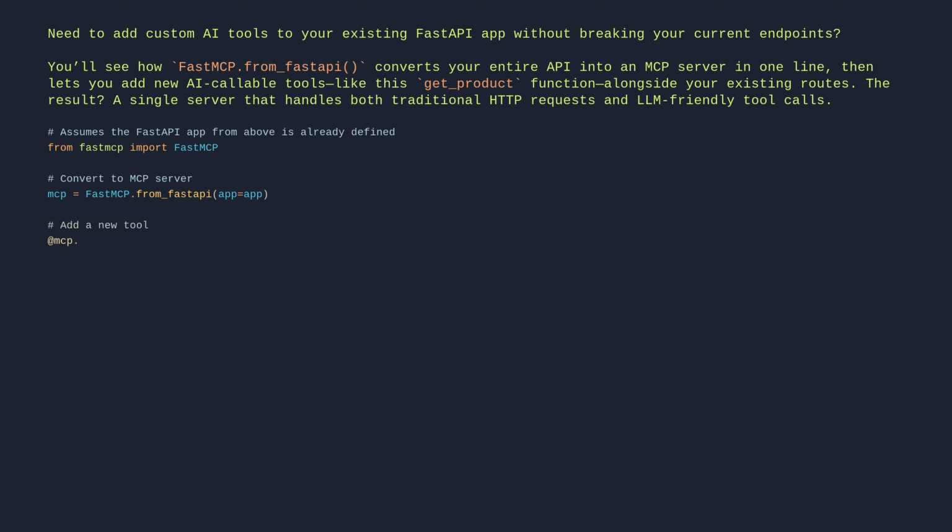@mcp.tool def get_product(product_id: int) -> ProductResponse: "Get a product by ID." return products_db[product_id]. # Run the MCP server. if __name__ == "__main__": mcp.run()